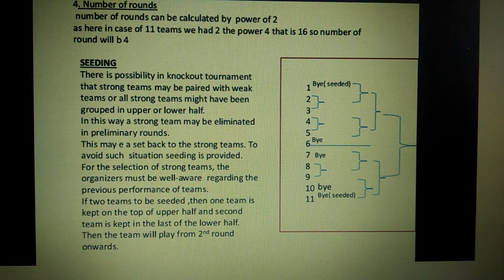Number of rounds. The number of rounds can be calculated by the power of 2. Here, in the case of 11 teams, we take 2 to the power 4, that is 16, so the number of rounds will be 4. Seeding. There is a possibility in a knockout tournament that strong teams may be paired with weak teams, or